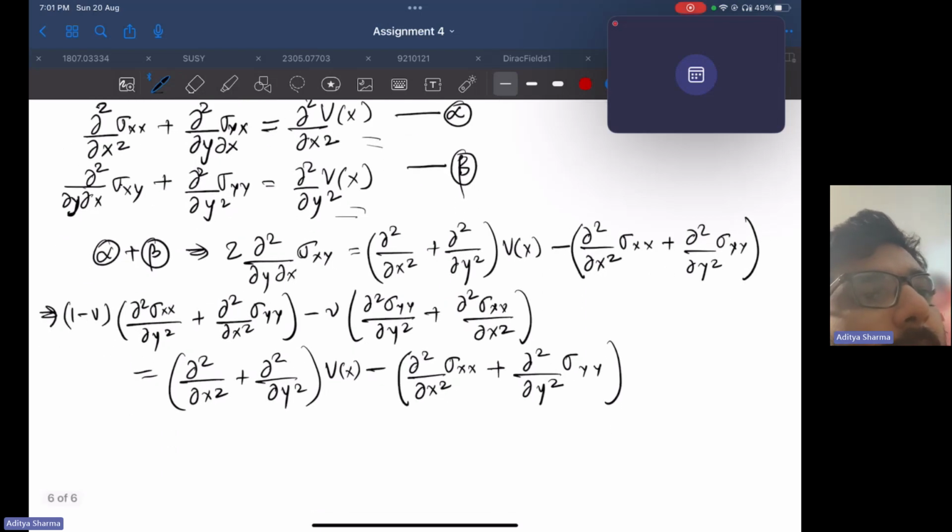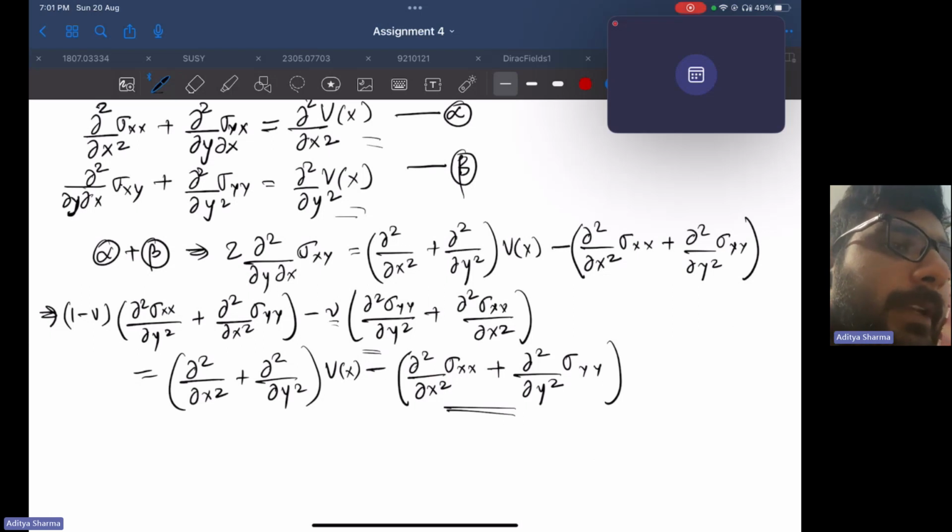So we see we get a 1 minus nu term if we club this term and this term together, and 1 minus nu we will take outside. You will get